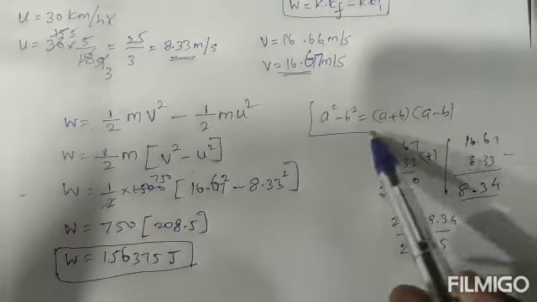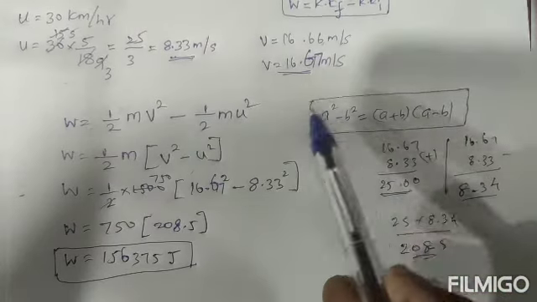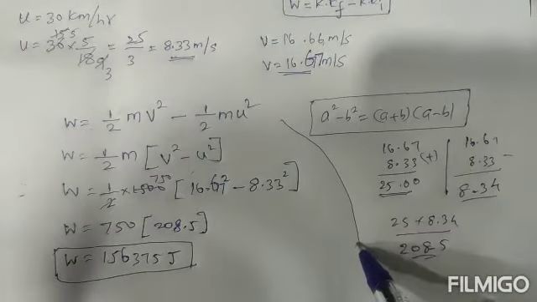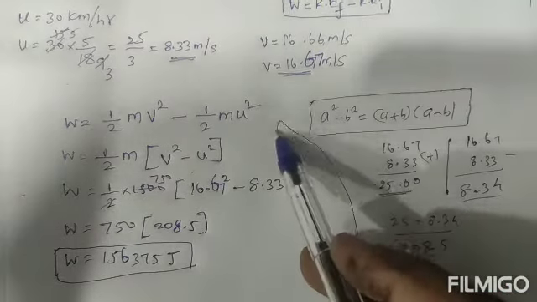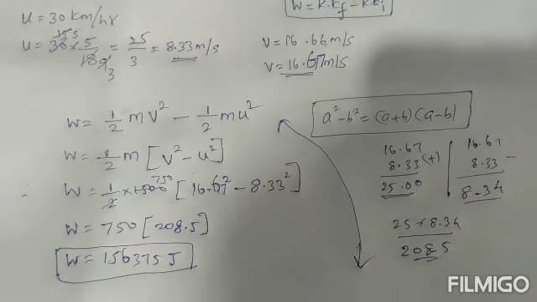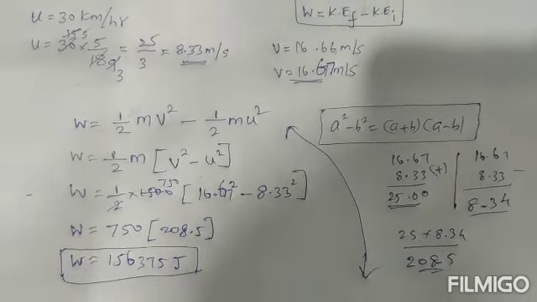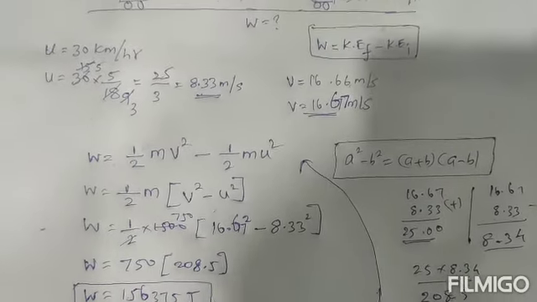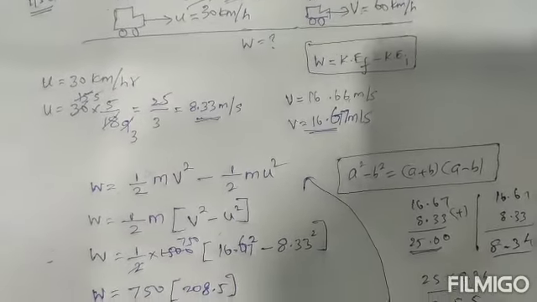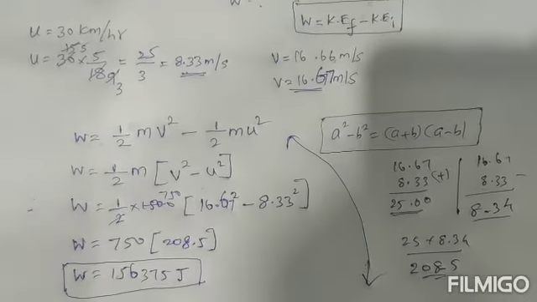So in the simple way we calculated the change in kinetic energy, that is the work done. These are important steps. This way, these steps help to solve it in an easy way. Okay students, I hope you understood how to calculate the work done with the different kinetic energies. Okay, right, thank you.